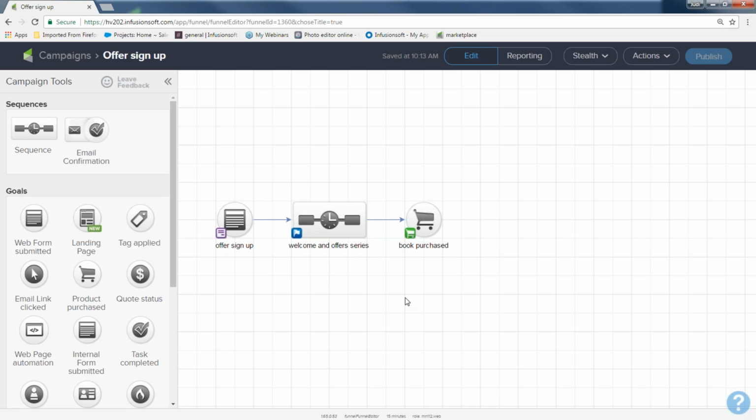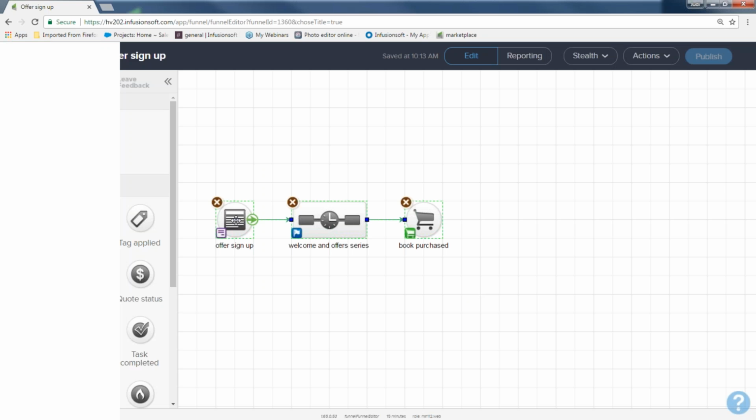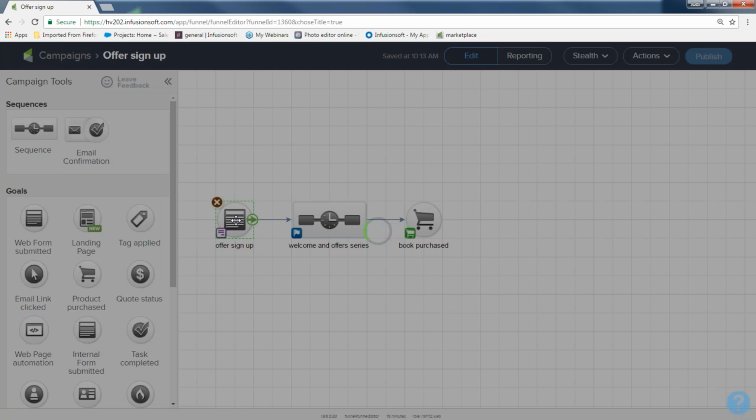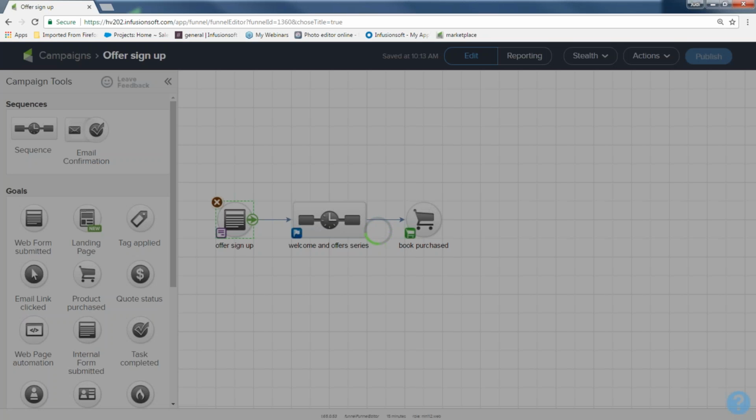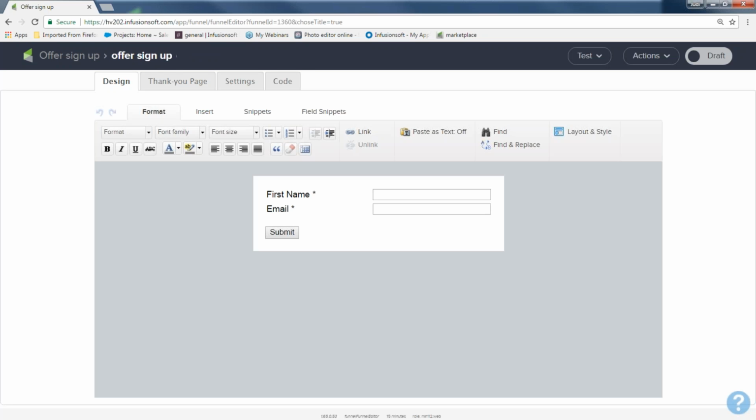The first thing I'm going to do is show you that all of these icons right here are gray. Gray means default, not ready. I'm going to put my cursor inside the web form and I'm going to double click it. And because I chose a web form as my goal, the Webform Builder is going to open up. It's going to open up in default mode,